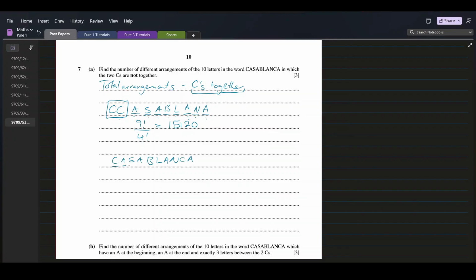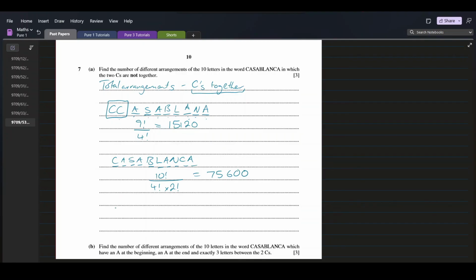And that's 1, 2, 3, 4, 5, 6, 7, 8, 9, 10. So 10 factorial. And then we have 4 A's and 2 C's. So that's 10 factorial over 4 factorial times 2 factorial. And that gives us